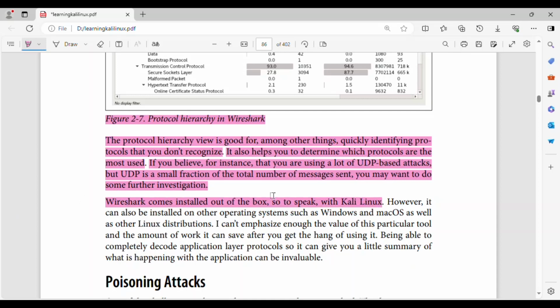Wireshark comes installed out of the box, so to speak, with Kali Linux. However, it can also be installed on other operating systems such as Windows and Mac OS as well as other Linux distributions. I can't emphasize enough the value of this particular tool and the amount of work it can save after you get the hang of using it. Being able to completely decode application layer protocols so it can give you a little summary of